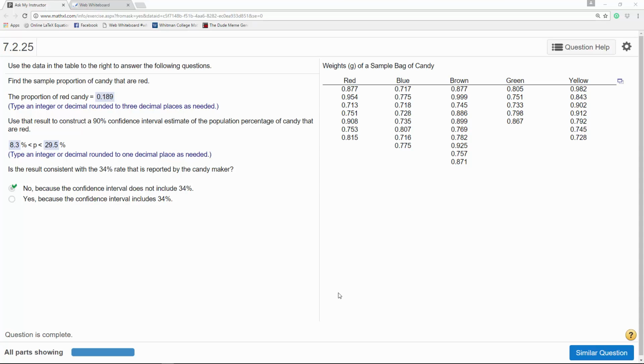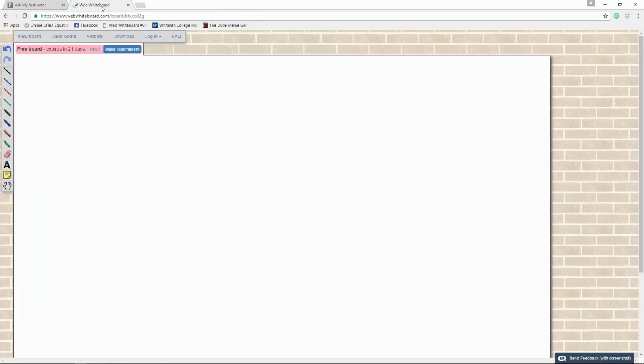All right, so we're given this problem that has the weight of a sample bag of candy. And first of all, we're asked to find the proportion of red candy. Well, that would be the number of red candies, 1, 2, 3, 4, 5, 6, 7, divided by the total number. And I think if you count all of these, you'll get 37. So in other words, the first part is 7 over 37, and if you throw that in your calculator, you should get